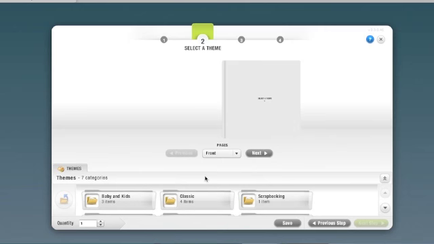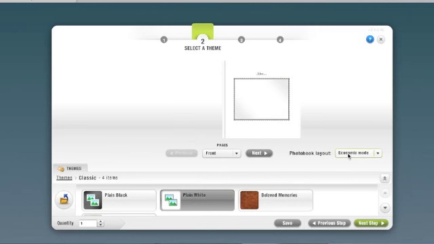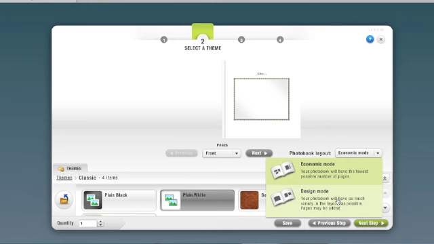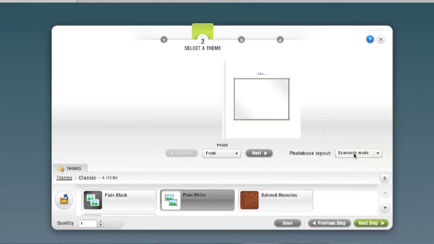I'm just going to show you how we can tweak that, and I'm going to choose the classic theme and plain white. We can go into economic mode or design mode. Economic mode is going to lay out your images in the order that it sees them, in the fewest pages possible. Design mode is going to have a variety in your layouts using however many pages it needs. So I'm going to stay in economic mode. I'm going to go to next step,